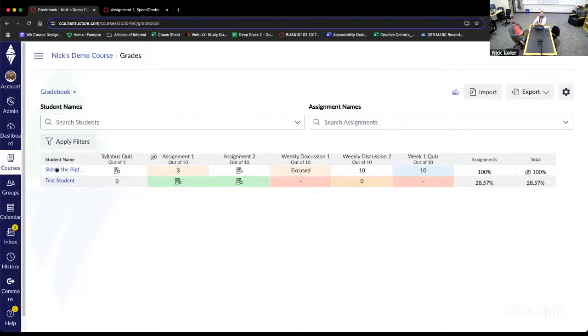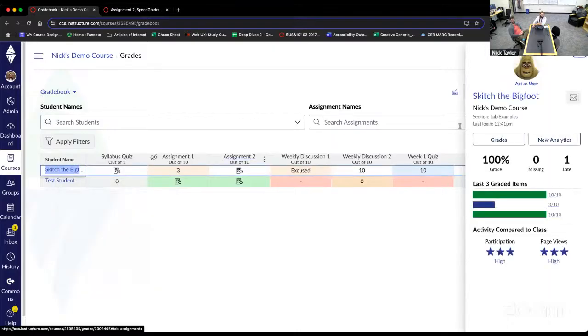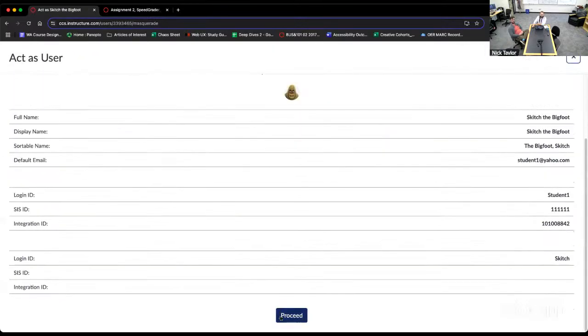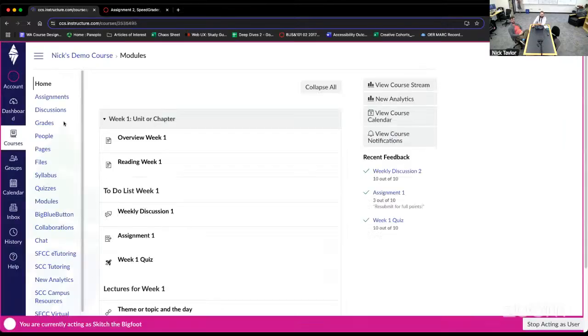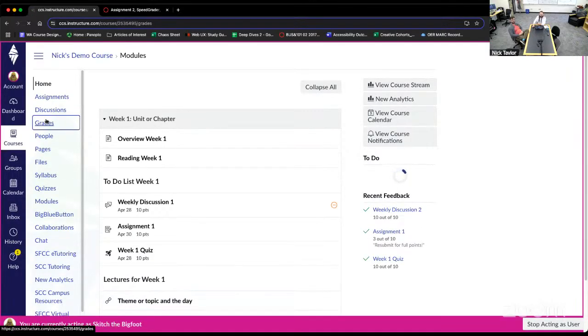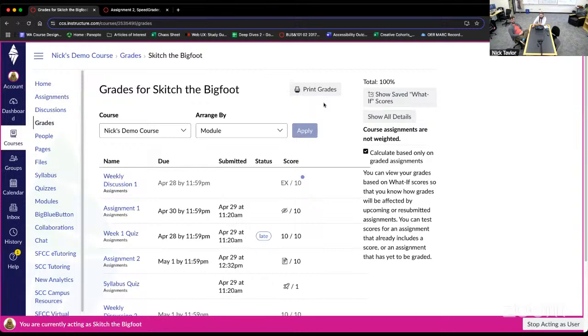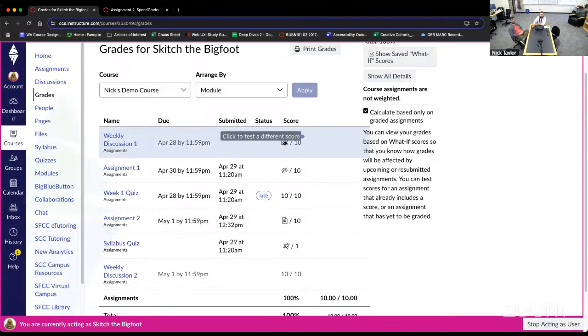So let's go take a look at what this all looks like for Sketch, because I don't know how many people have actually seen the view for students, their version of the gradebook, but it can be a helpful thing to realize what information actually shows up in there. So for example, here's Sketch's grades. Here's that